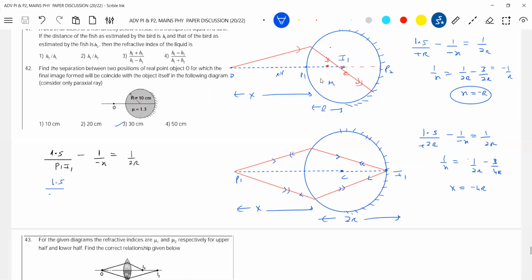42. Okay. Sir, but we got virtual objects here. X both we got negative, sir. What do you mean, a virtual object? After reflection, the direction of rays will change, no? Then towards left you are going to measure. The final image will be real. Object and image both will be real, not virtual. Image is real, sir. Object is virtual. What object virtual? This O is real, no?